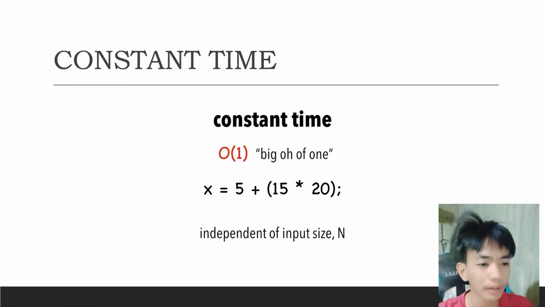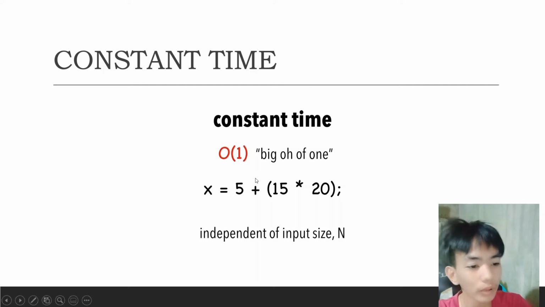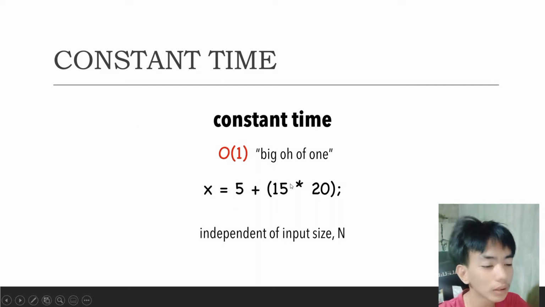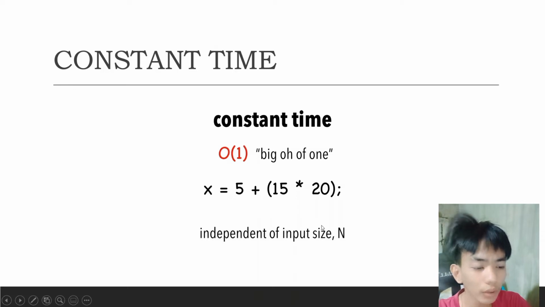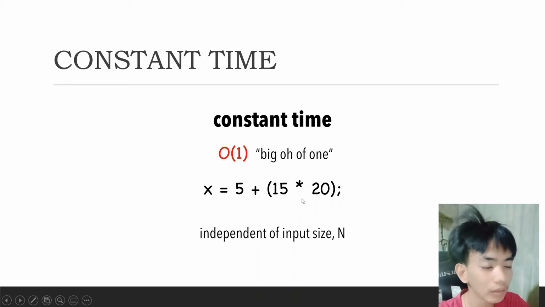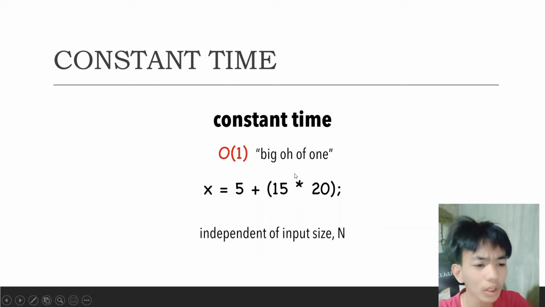Constant time. Ito yung example ng constant time and how to get the Big O. Ito yung problem: x is equals to 5 plus 15 times 20. It is independent of input size n, so kino-consider siya na O of 1. Ito yung answer, Big O of 1,